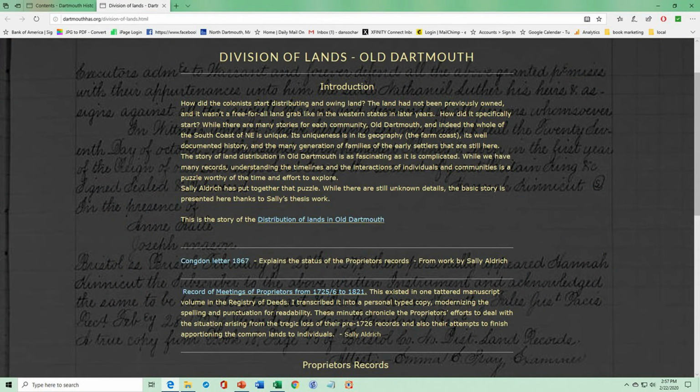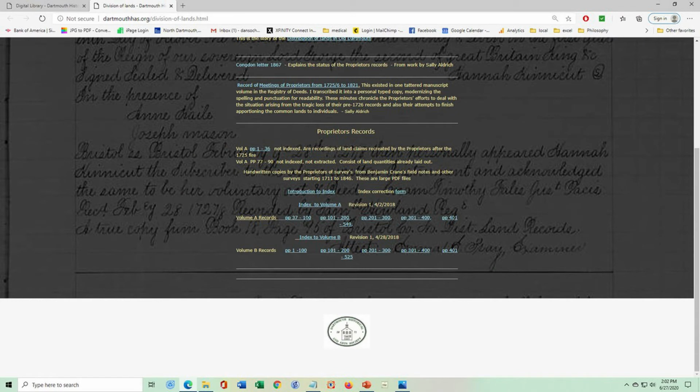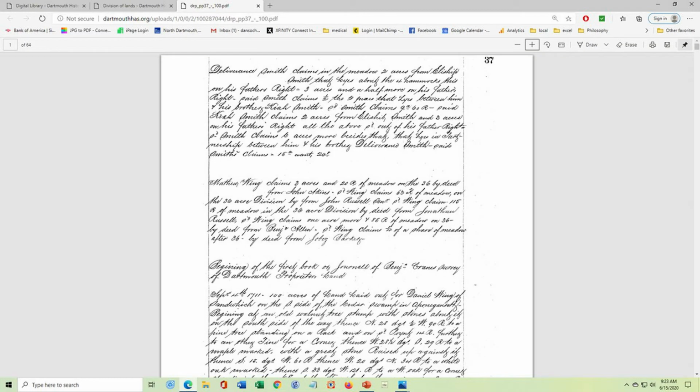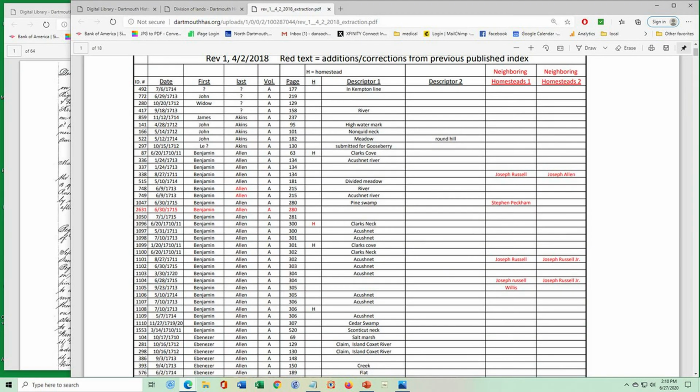Land distribution is unique for Old Dartmouth and surrounding communities. A paper written by one of our board members, Sally Aldrich, explains the process. A key part of that story are the proprietor's records, surveys, and surveyor's notes of land descriptions from Benjamin Crane's field notes. There are over 1,000 pages of handwritten land record images. Since these are not indexed, a name index was created by DHAS for all these records and is inclusive to